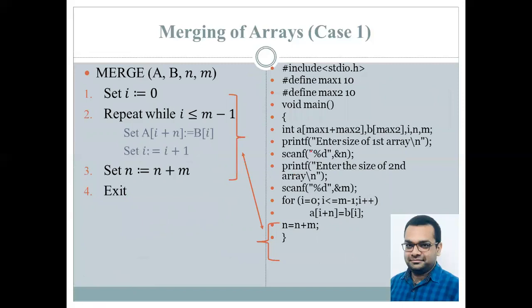This is our C program, in which we initially start with the array. So now you can clearly see over here, the size of A has been set to max1 plus max2, that is equal to the size of both the arrays taken together, and the maximum allowed size of B is limited by the macro max2, and we have other random variables. So we are prompting the user to enter the size of arrays A and B, and definitely there will be some intermediate code also that will be asking the user to enter the elements of the arrays.